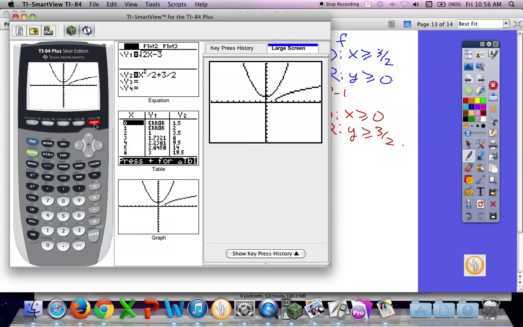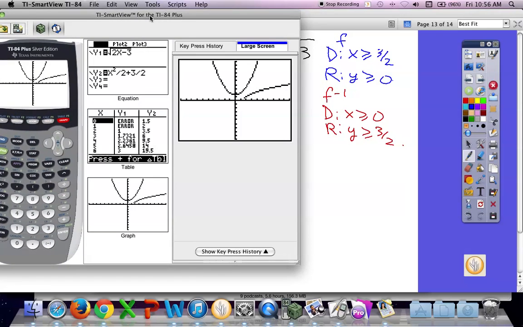Okay, now, do those look like one is a flip of the other across that line? They don't. But remember what we said about the domain of the inverse. It can only be for x values that are greater than or equal to 0, which means we don't care about this whole parabola. The only piece which is the inverse of this is this, because that's where x is greater than or equal to 0, right? So you have to take into account that we started with this as the domain and range, which means this is the domain and range. And that's why this piece here is not